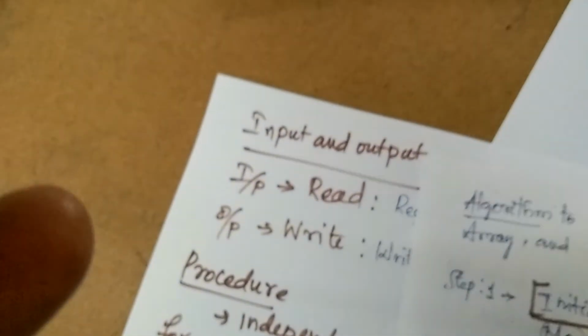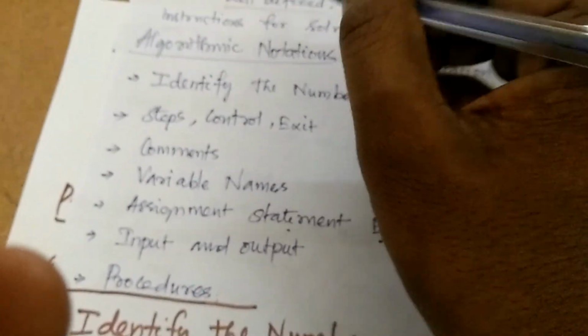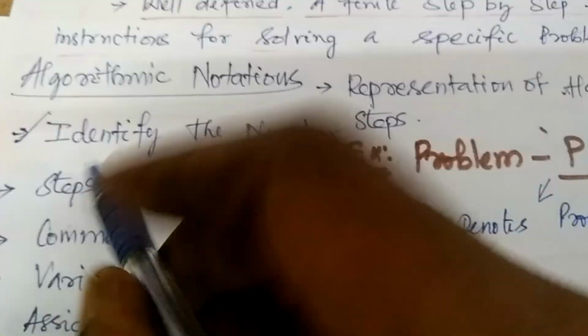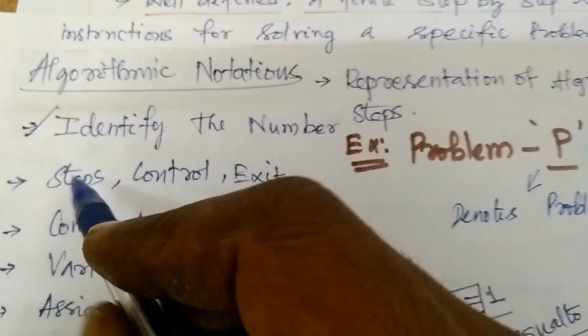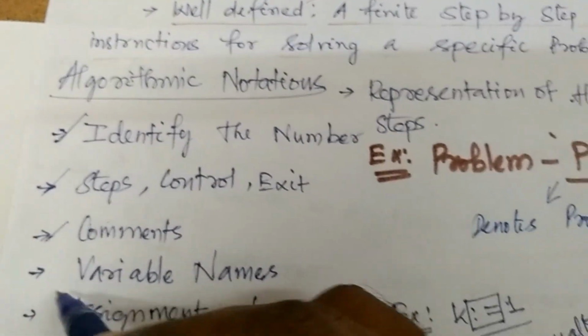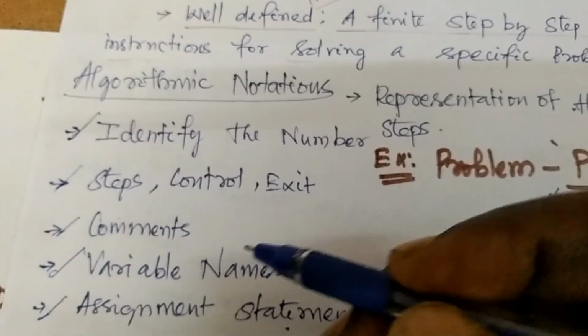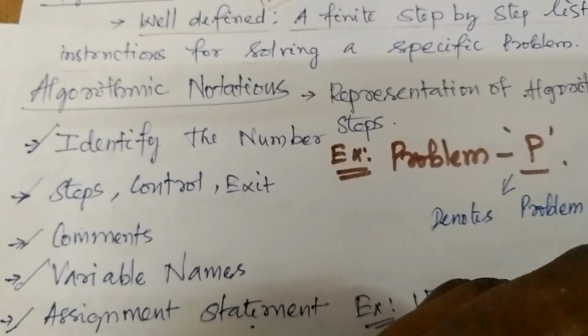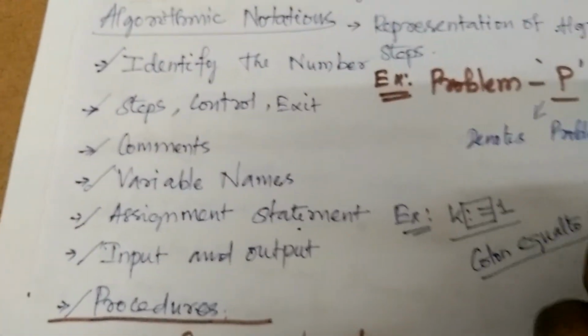Okay, so once again I repeat the topic. Algorithmic notations are for identifying the numbers, then steps and control exit, then commands, then variable names, assignment statement, input output and procedure. So that's all about